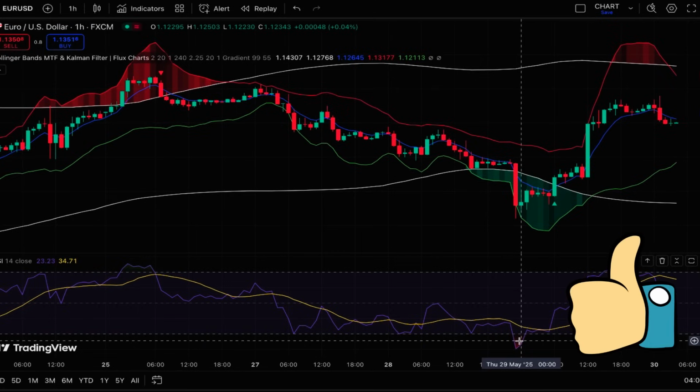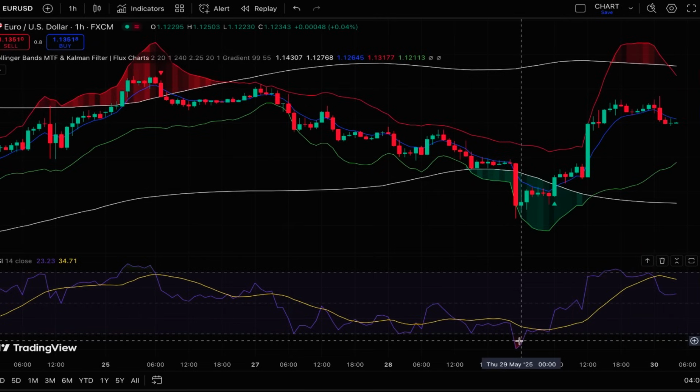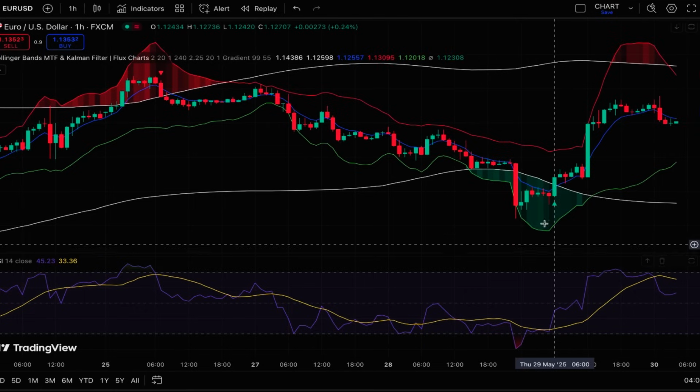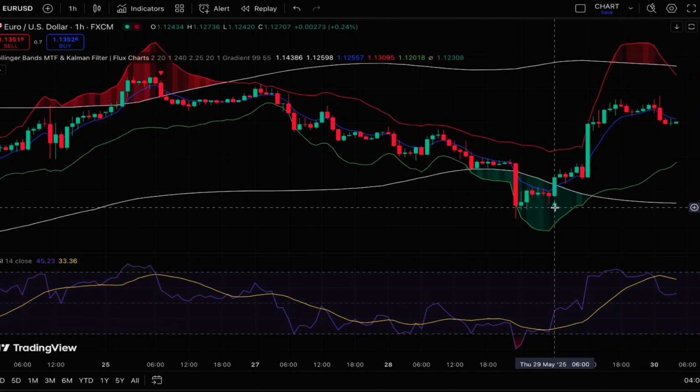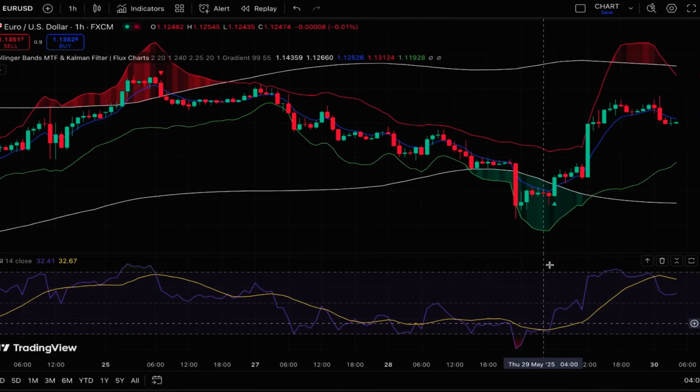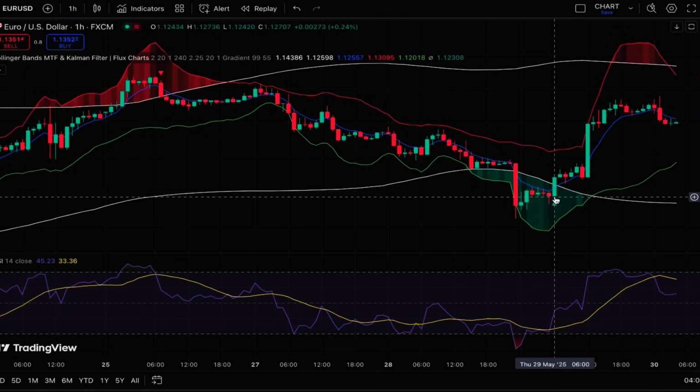So until now we have two signals that the price is actually oversold, so there is a probability to have an upside reversal of the price. When this indicator gives a buy signal, which is when the price is turning up here in RSI, at the same time when this candle is closed and this green triangle is printed on the chart here in RSI, the RSI line should be above its moving average line, and the RSI line should also be above 30, meaning it's